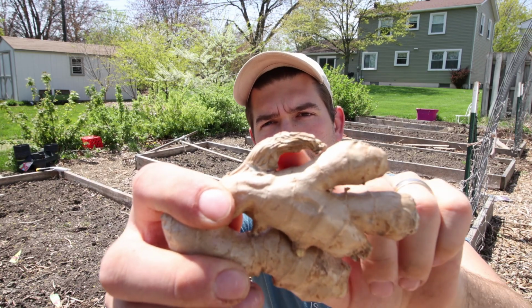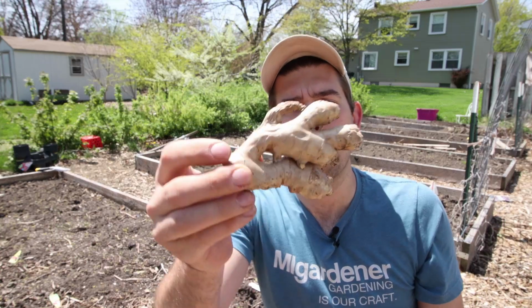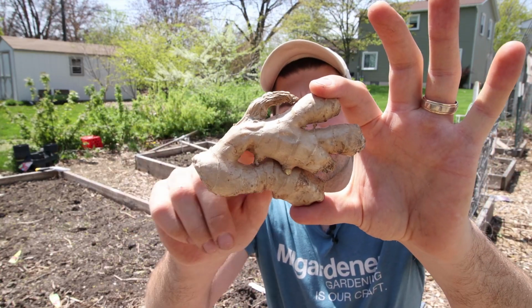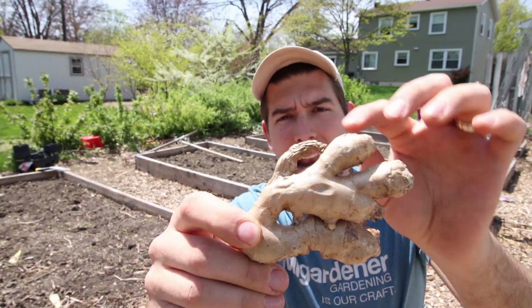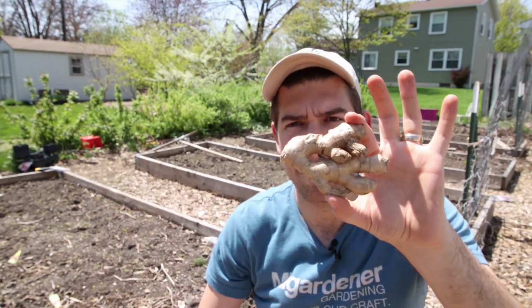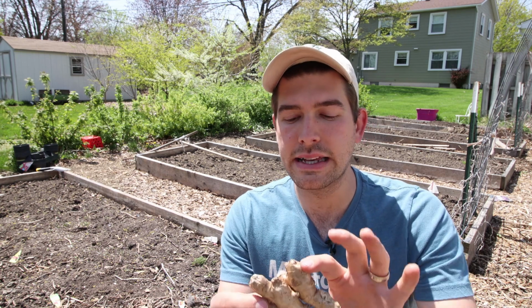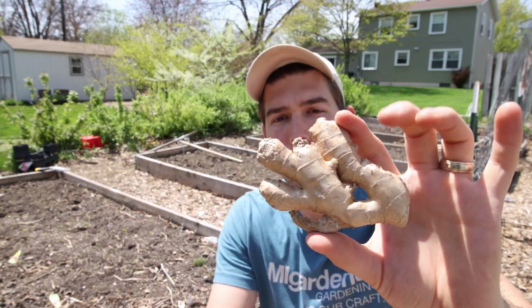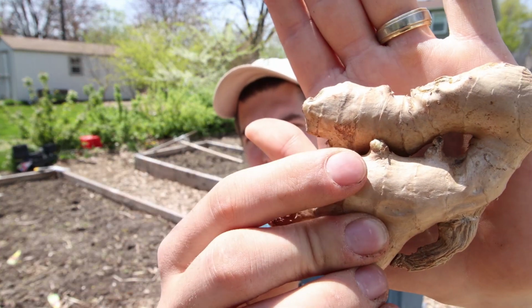See this little finger here? Ginger has a hand and then has fingers. And so ginger, when you're looking at the hand, should be fairly shiny and should not have too much of this raisiny texture. You're going to get a little bit of that, but just making sure that you get ones that have as little of that raisininess as possible, because the fresh stuff is going to sprout the best. Now, what you're looking for is a hand that has many different growth points. You'll see here, there is a growth point right there,